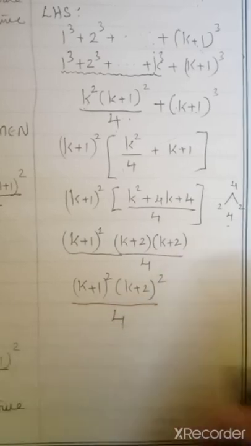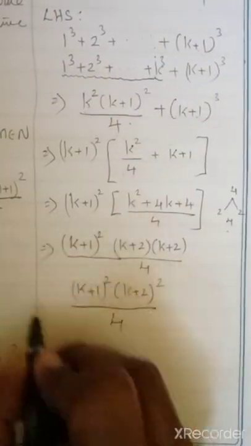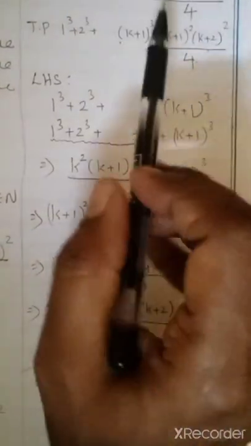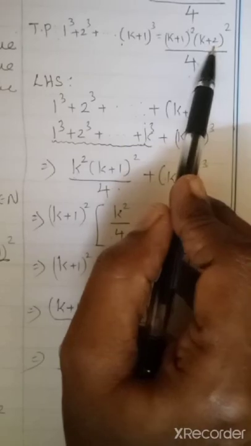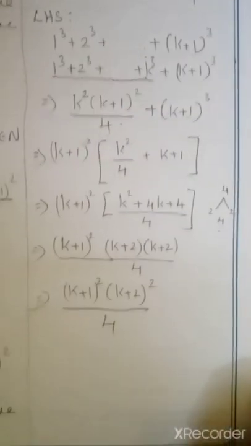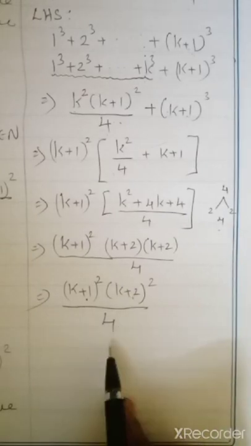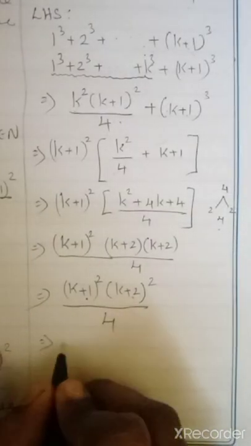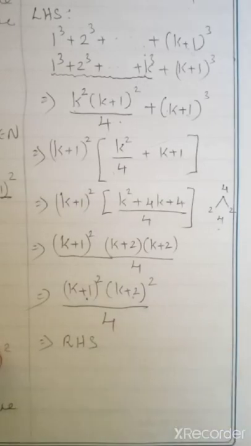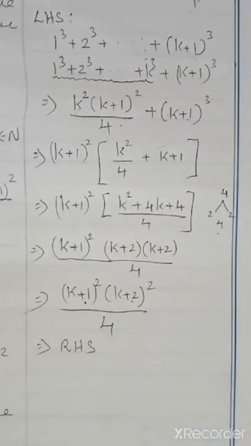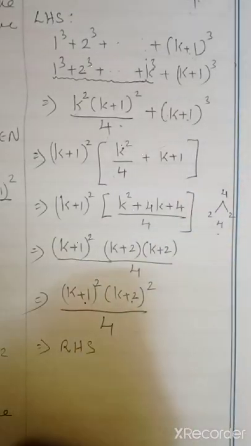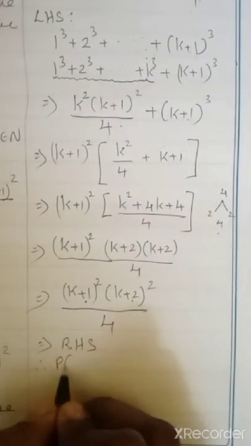Okay, now look at your right hand side. What is your right hand side here? k plus 1 the whole square, k plus 2 the whole square by 4. Did we get that answer? The answer k plus 1 the whole square, k plus 2 the whole square divided by 4, which is equal to your right hand side. So we took the left hand side and we proved the right hand side. Therefore, we can conclude that p of